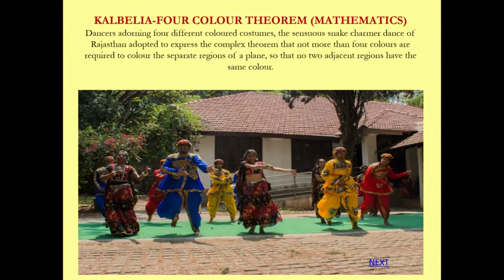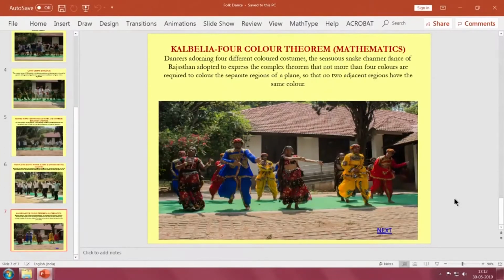So, this is a theory in mathematics that if there are 4 colors, then it is possible not to have 2 adjacent regions of a plane in the same color. This is what the students have shown. I want to show you some examples, some clippings from the